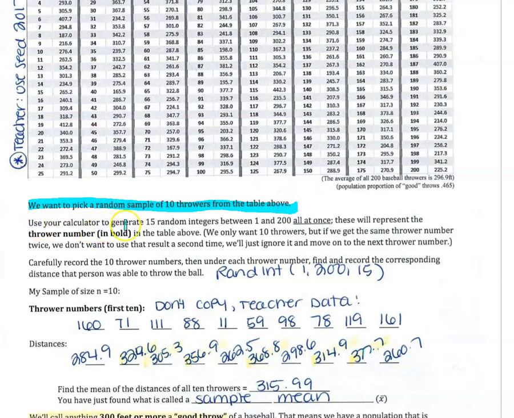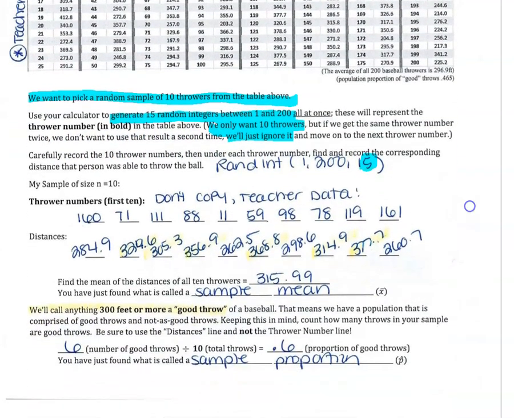So I'm going to use my calculator to generate 15 random integers between 1 and 200 all at once, and these will represent my thrower numbers, the people that I pick. We only want 10 throwers, but if we get the same thrower number twice, we don't want to use that result a second time, so we'll just ignore it. So the reason I'm generating 15 as opposed to 10 is in case I have repeats. So if I go to my calculator